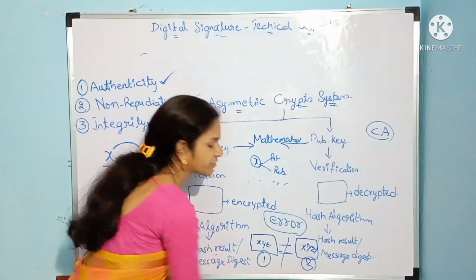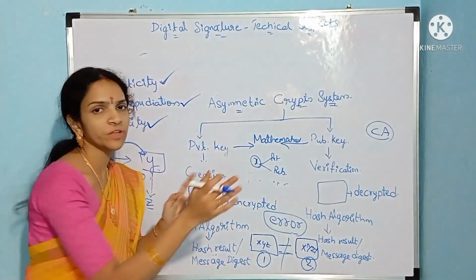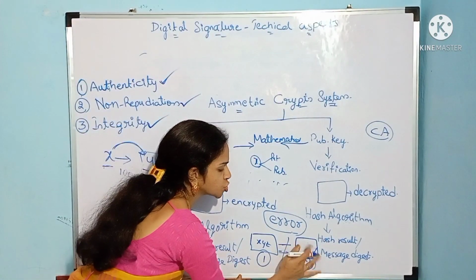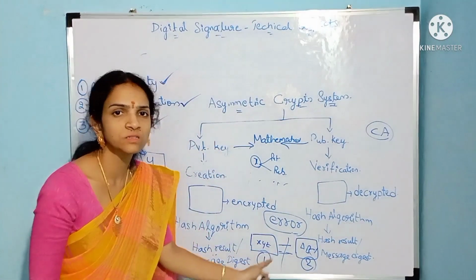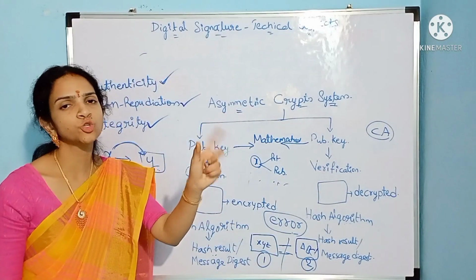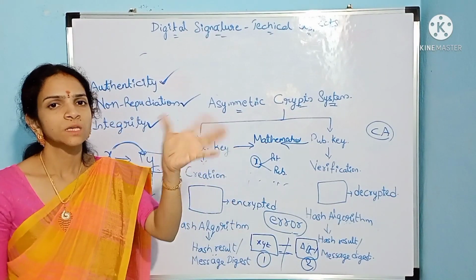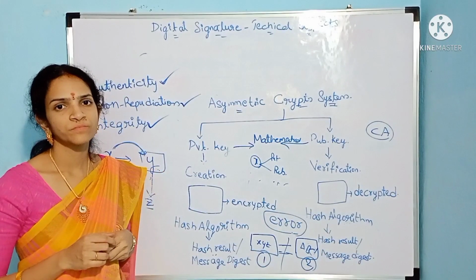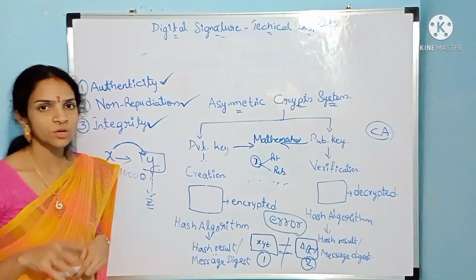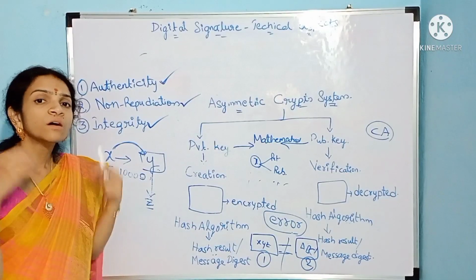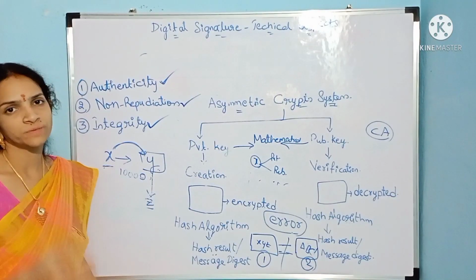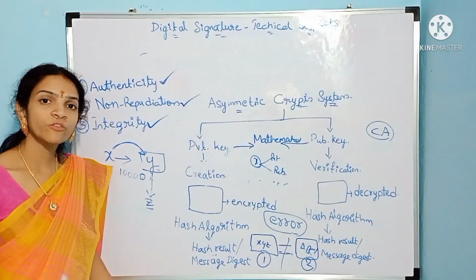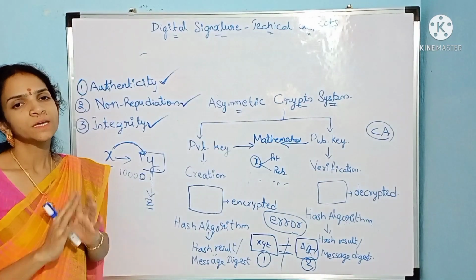And if they are different, for example, if any kind of inclusion has been made and message digest 1 shows as XYZ and message digest 2 shows as ABC, that means they are not the same. Immediately an error will be shown. From that one can understand that integrity has been affected. This is the magic of digital signature, wherein these three things can be very visibly proved. Clear? Right? So with this, your answer on the technical aspects of digital signature is complete.